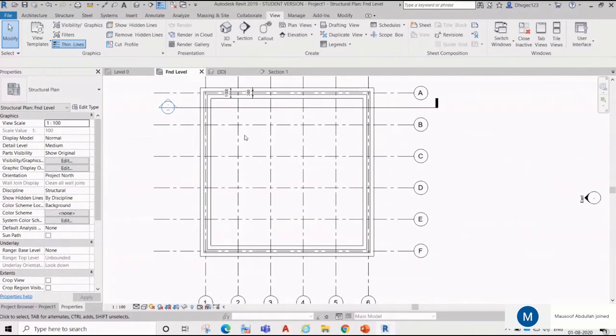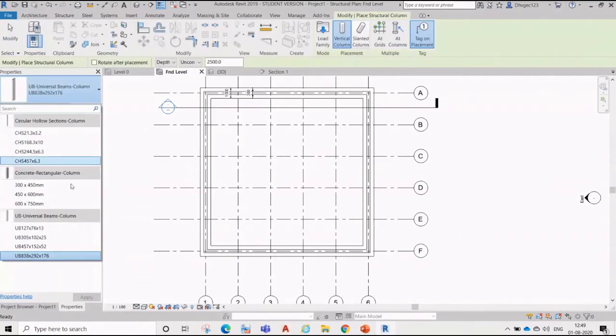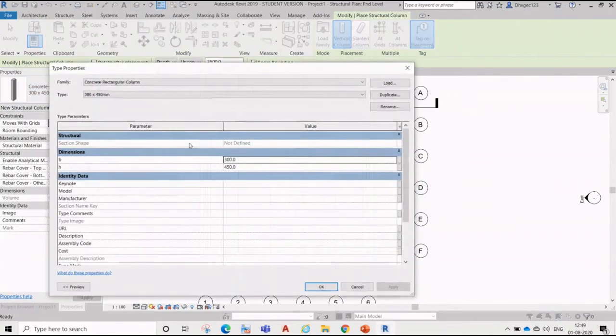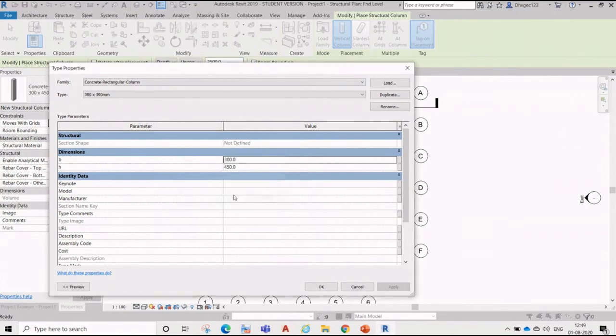Now we are going to put some columns, or you can say pedestals. So go to column, just choose one column, not the steel one, only the concrete one. Take this one and create a new duplicate. Let's say 300 by 300. We'll put 300 by 300 here.